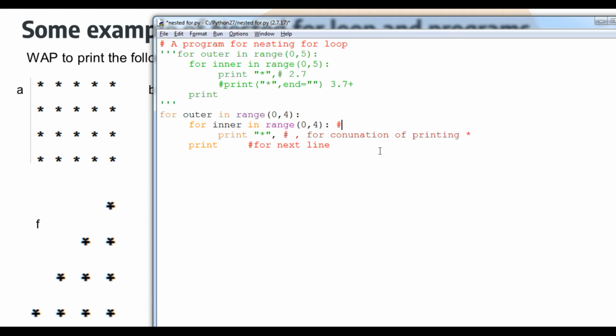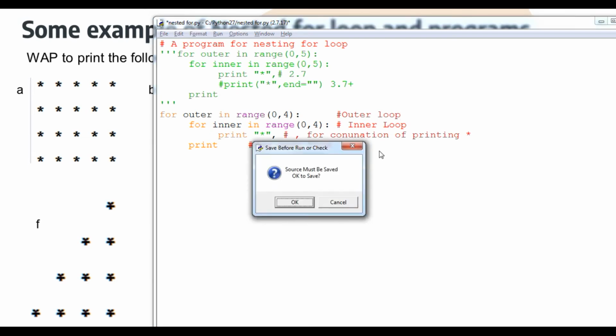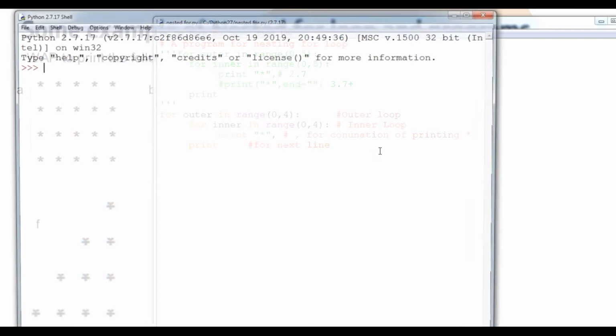Okay, here you can consider inner loop, here outer loop. Okay, so if I am going to run the same thing, you will see what will happen,